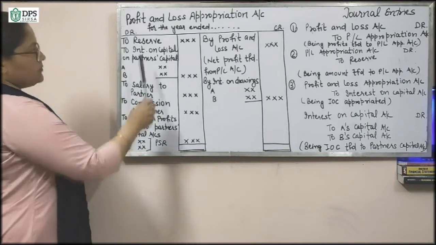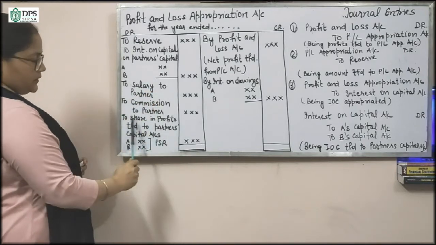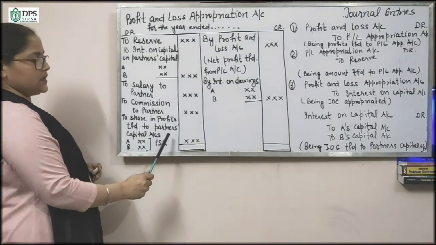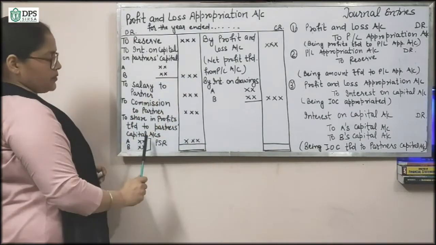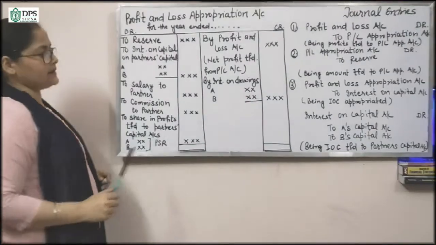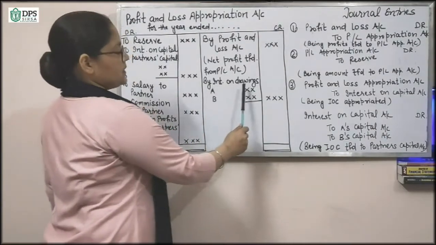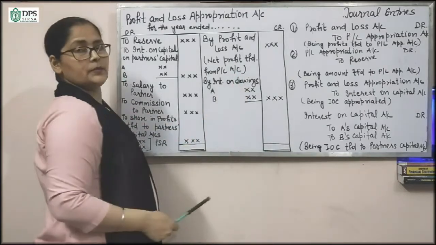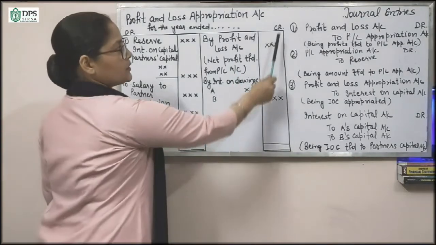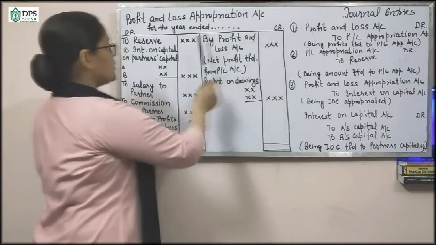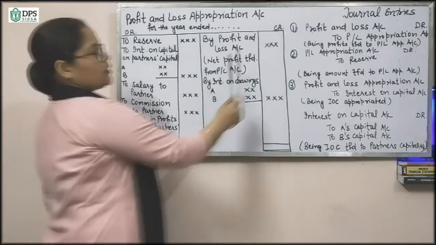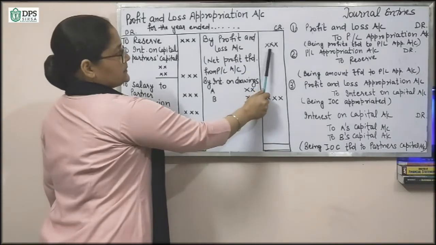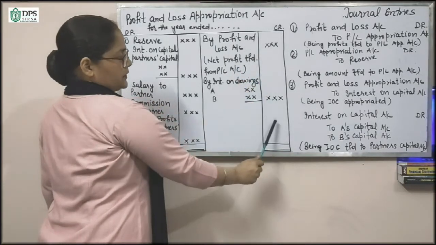Whatever we have left over here will be the share in profits. One thing remaining is interest on drawings. Interest on drawings is income for the partnership firm, and it will be on the credit side. All the expenses will be on the debit side, all the incomes will be on the credit side. It will be added to the profits over here.